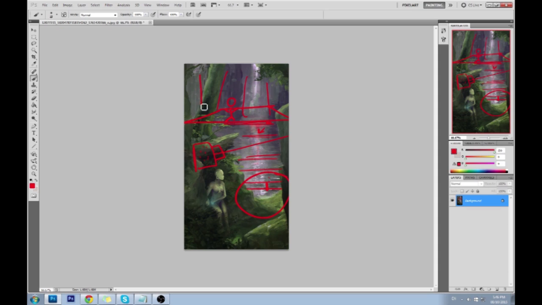So if you had a paper that you were looking at directly, let me erase all this, just like this, and let's say it was perfectly squared.